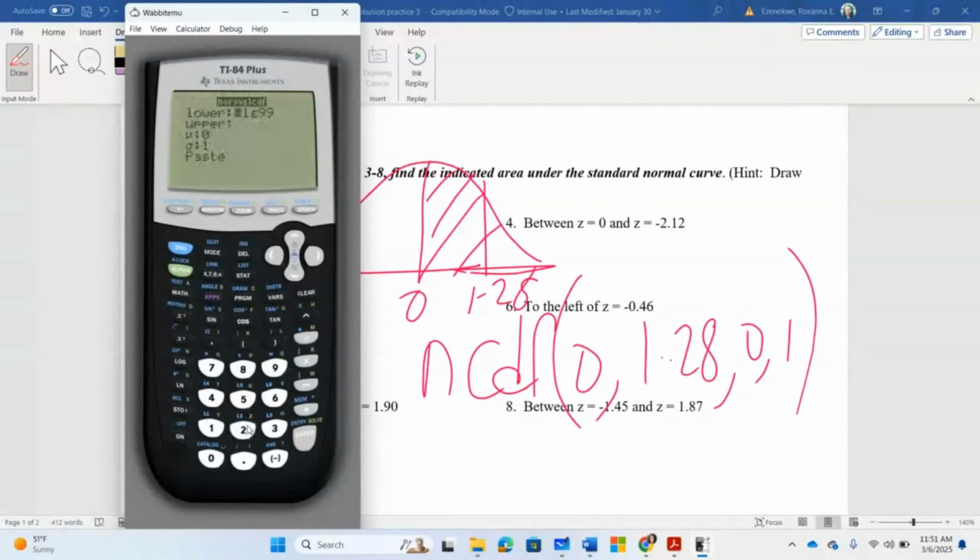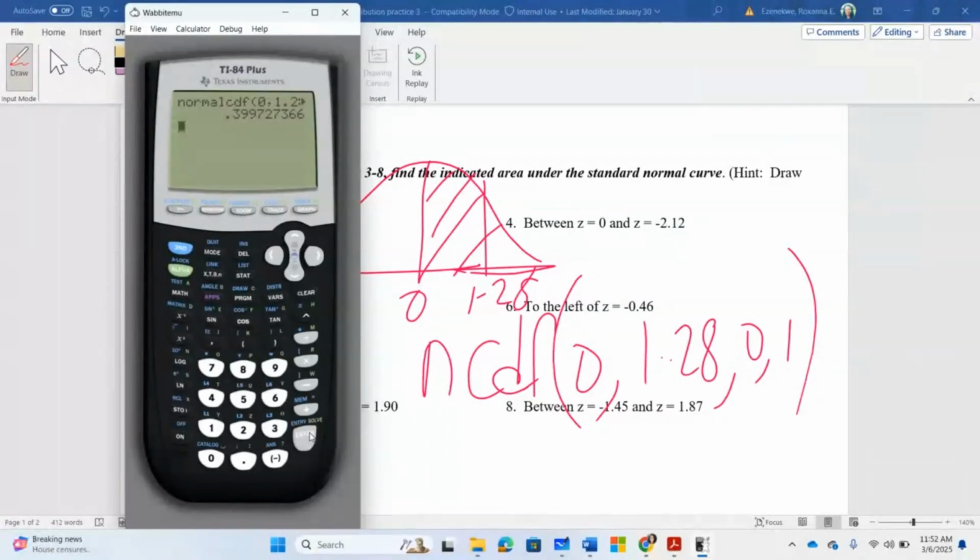And it's asking me what is the lowest number. The lowest number is 0. The upper number is 1.28, upper bound. The mean is 0, the standard deviation is 1. So I'm going to calculate. When I calculate, the area between is approximately 0.4, because remember that area cannot be negative. So area between is